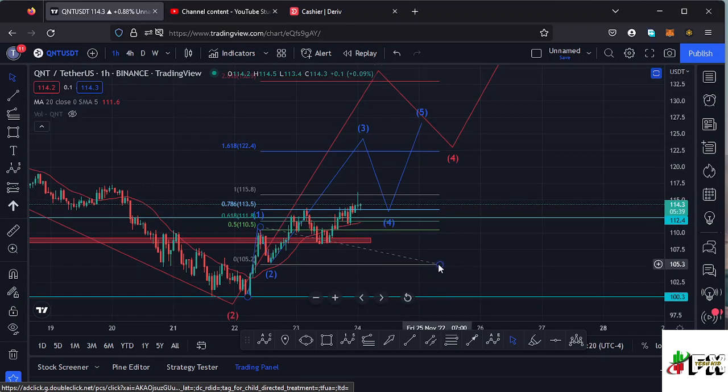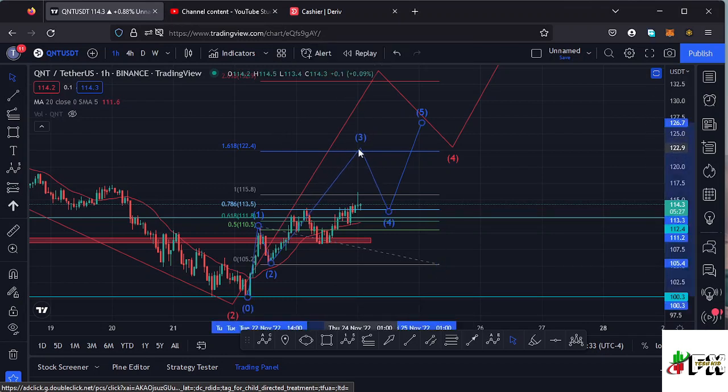4 mark, and that explains why I'm saying that my next target area here on the Quant chart is at around the $123 mark, because from what you can see here on the Fibonacci, my minimum target area to the upper side in the formation of this wave 3 is at around the $122.4 mark,